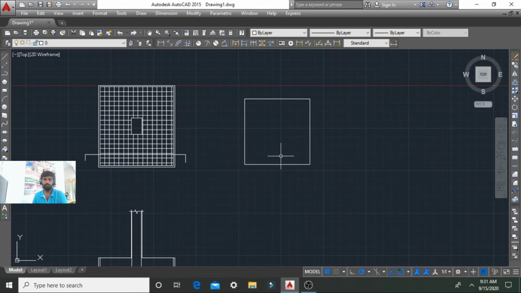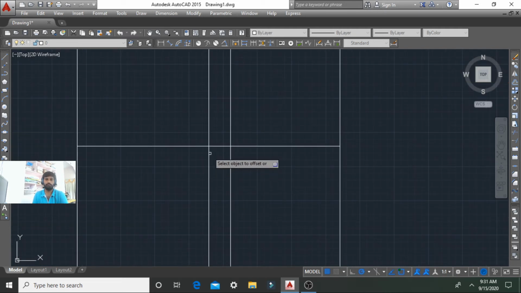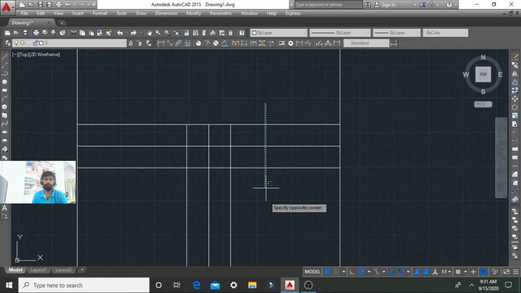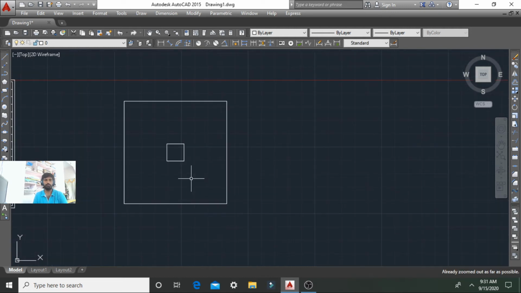So here we go, this is the mat position, and we can also mention the column position in the mat. Here the column is 400 by 400, so I am giving 200 from the center. Trim all the sides. Also the cover is 50 mm.